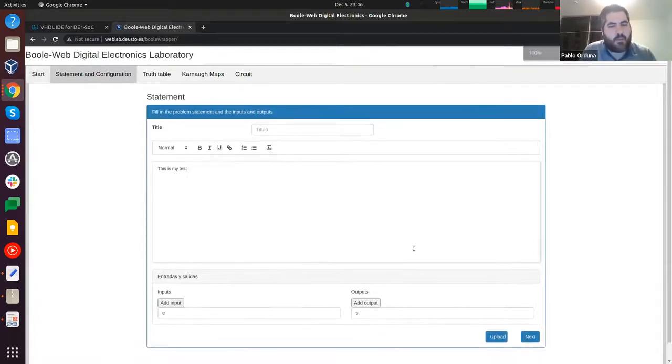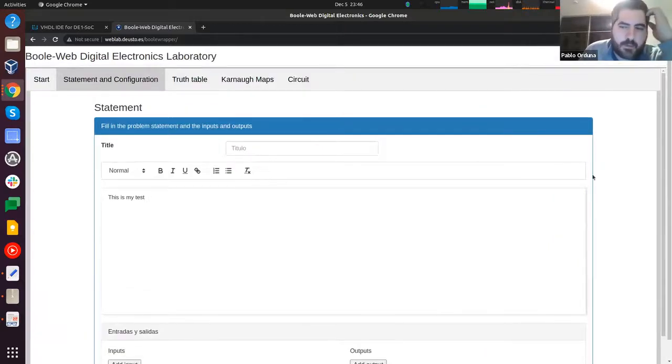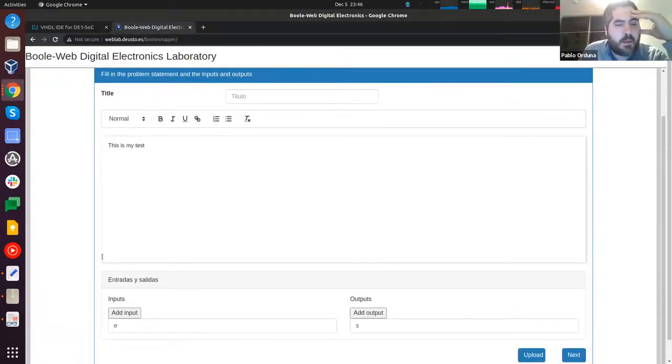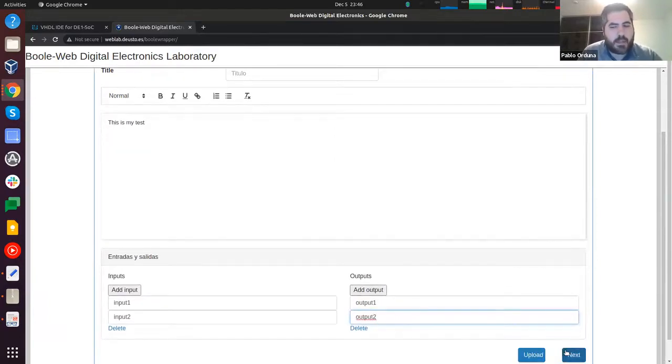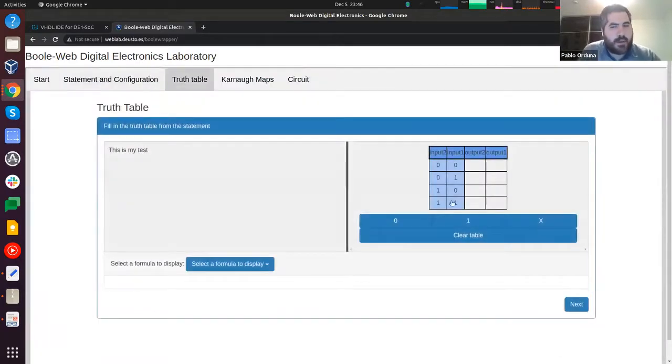This is yet another tool, developed at the University of Deusto in Spain, where you can have multiple inputs like input 1 and input 2 and so on, and then output 1 and output 2, and you can put many different inputs and outputs, and then what you have is a truth table